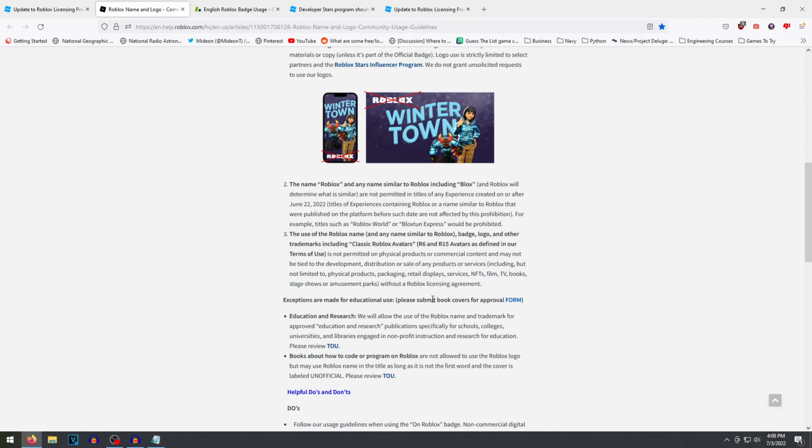It kind of just makes things harder. If a young person who was inspired by Roblox wanted to make a physical product dedicated to Roblox, like a toy or something like that, how would this stop them, right? It'll say, hey man, you can't do that, you're not allowed. So I'm confused, because it says it may not be tied to the development. This right here confuses me. I'm not 100% sure if we can or cannot still use R6 and R15 characters